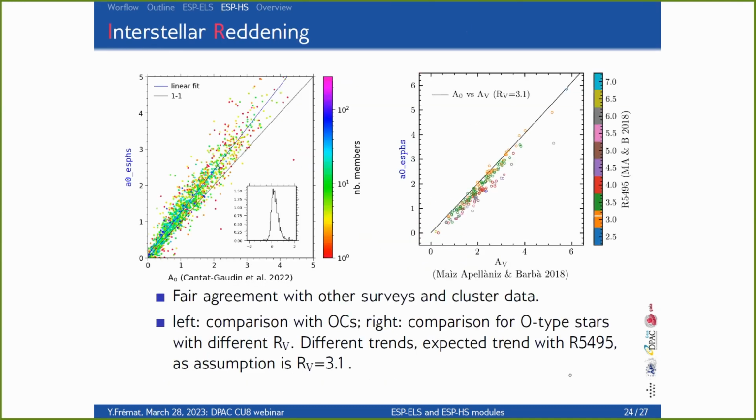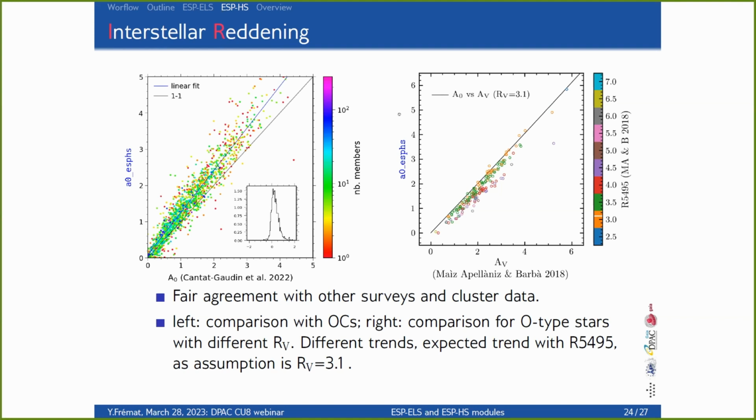So that's an overview of the results we obtained for the interstellar reddening. Usually we have a good agreement between what ESP-HS is measuring and what we find, for example, for the clusters in the catalog of Cantat-Gaudin. We overestimate, however, a bit apparently the interstellar extinction,